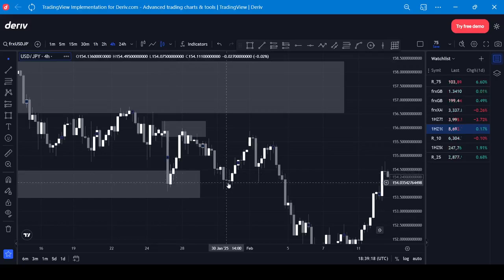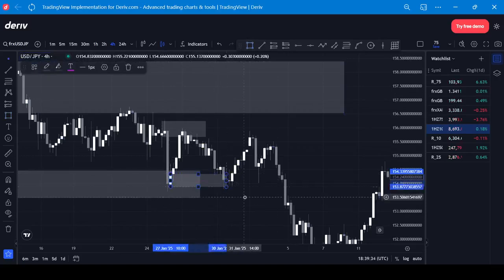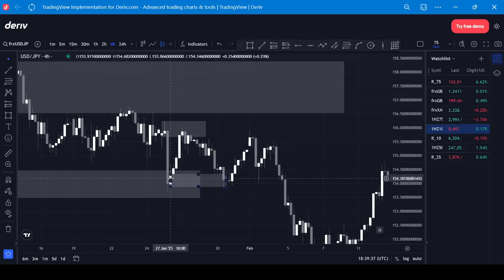Where there is much supply, there is much selling opportunity. And where there is more demand, there is much buying activity. So here there is demand. Why is there demand here? Because we see price move up. It means people are interested in buying from this level. So people bought from this level and then went to our supply level, which is strong, and then many people sold USD JPY again down to this demand level where people bought it again,